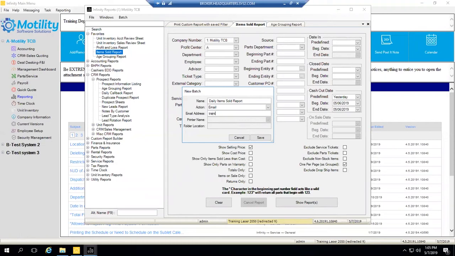So if I wanted it to go to training@motilitysoftware.com, I can type that in. I'm going to go ahead and copy this because in our example today, we are going to use email as the primary method, but let's take a look at the other options we have as well. So rather than having an email, I can select a printer that I want it to print out,